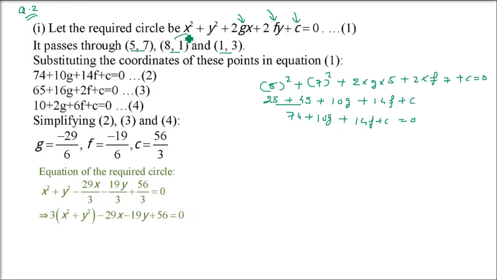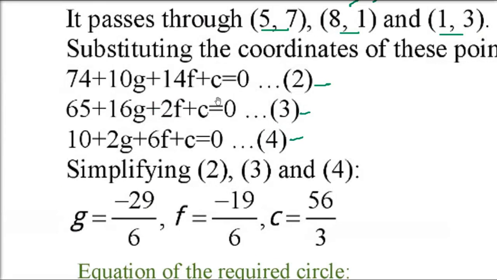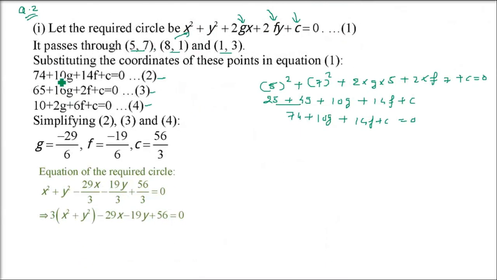Now you have to have more equations like this. You put 8 and 1 in x and y, and 1 and 3 in x and y. So you will be getting 3 equations. What do you see here? C will be cancelled. Because all the other 3 parts are exactly like this, if you get something common, then you can easily solve it, because that term will be cancelled. Here you have c only as common, others have different coefficients. Let me give you a glimpse of how you're going to go about this.